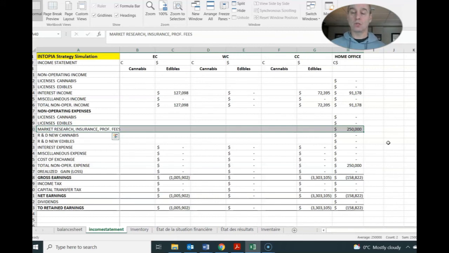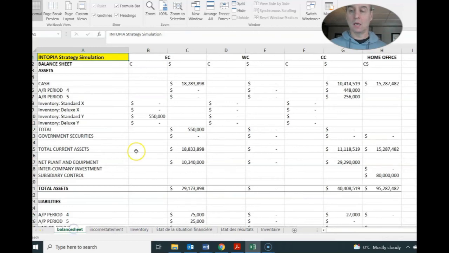And remember, the amount that you insure is your decision. If you want to insure all of your assets, you can, up to a maximum of $90 million. But if you only want to insure a portion of it, that's fine too. Okay, so you really have to set your own risk profile in terms of what you want to insure. So obviously, if you've got 100 million worth of greenhouses and factories, you probably don't want to insure all of them. Maybe half, maybe a quarter, whatever you're comfortable with. The chances of something happening to all of them at exactly the same time is really slim. Okay, so that is pretty much all that we did